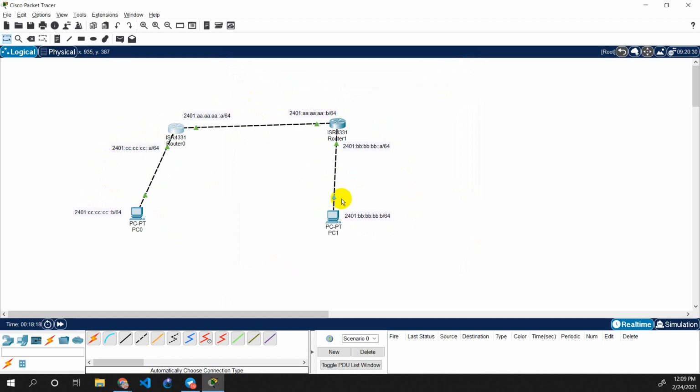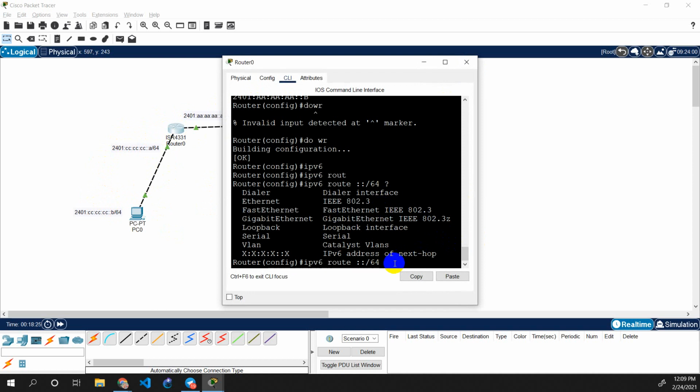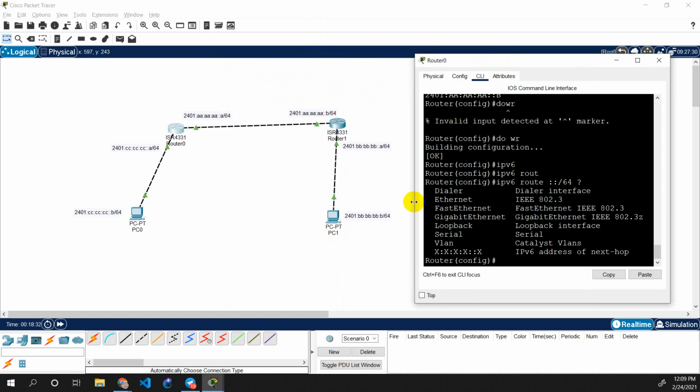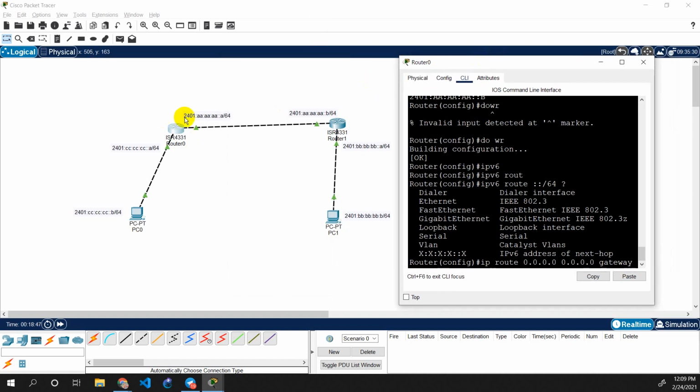This is the same as the previous project in the case of static routing, but all I'm doing is removing the static routing and doing default routing. How we used to do default routing is that we used to do ip route, then 0.0.0.0, and then we used to give the gateway. Since we are in this router, we used to give this particular gateway. So it's basically the same thing,